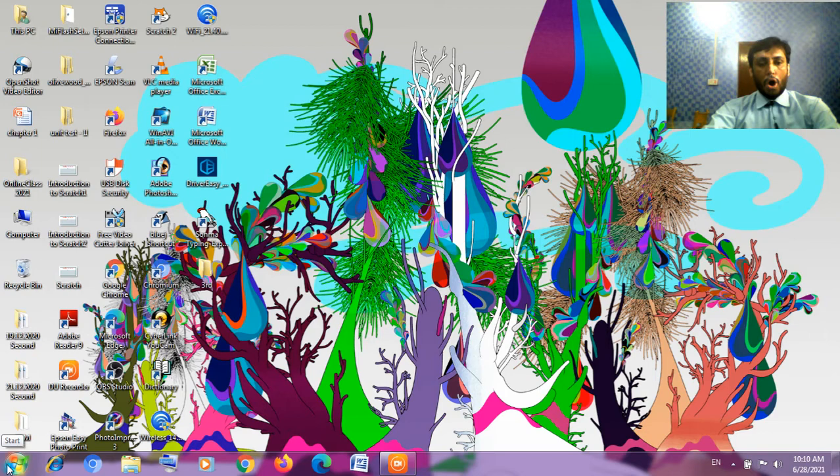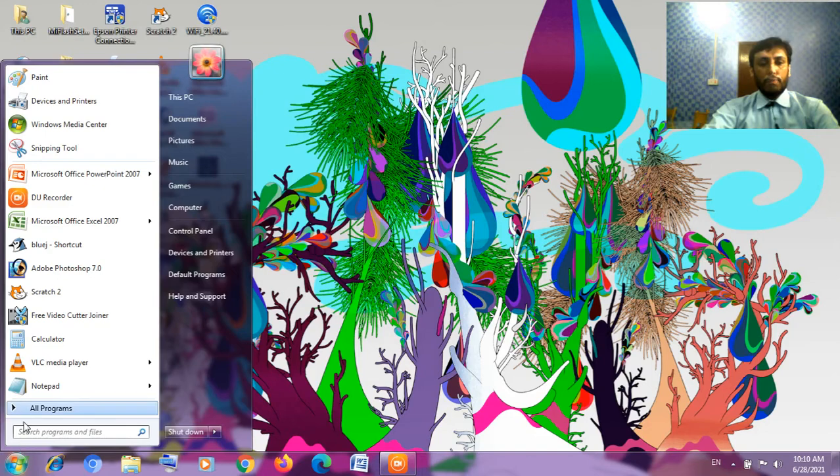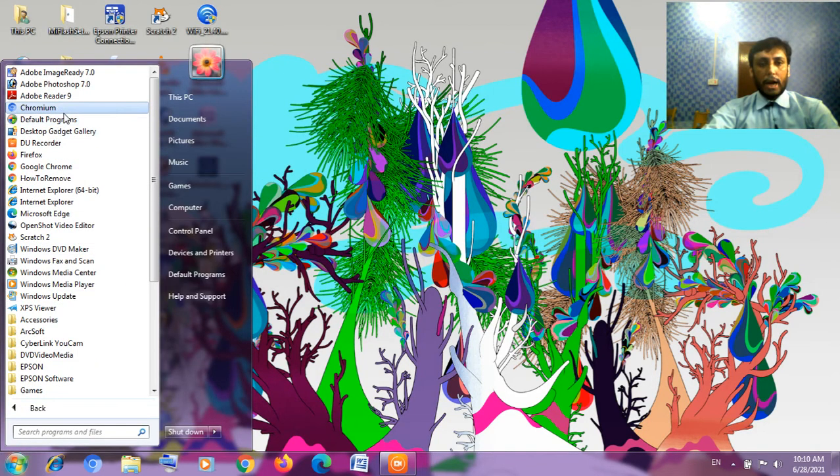So this long bar from left to right is called the taskbar, and here you will find many things. First, in the left corner you will find the start button, and in the right corner you will find date and time. So the taskbar helps us in performing many tasks. It enables us to launch a program by clicking on the start button. When I click on this start button, you will find many programs over here, and a program can be opened from here. So this taskbar helps you to work fast and quickly.